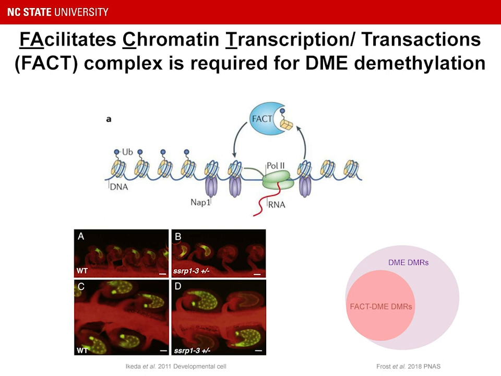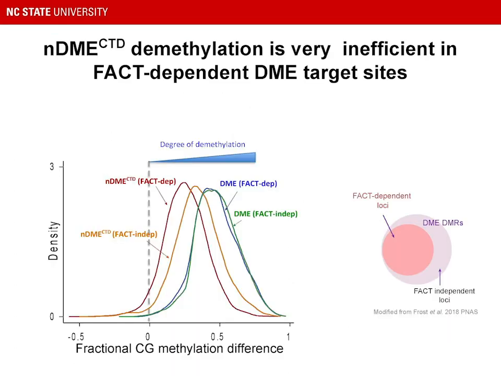So what does it do? In the case of transcription, the transcription machinery cannot get through the nucleosome template, so it needs FACT to temporarily remove the nucleosome so that the transcription will go through, and then it reassembles the nucleosome back after the transcription. Okay, so we looked at what happened to the